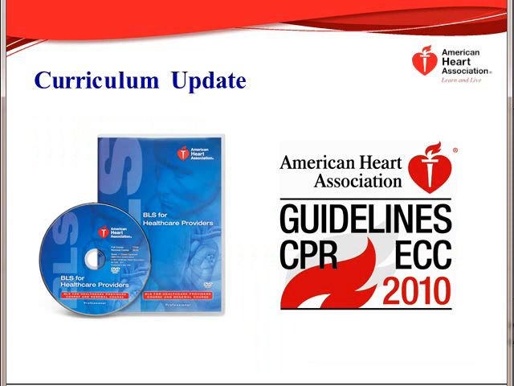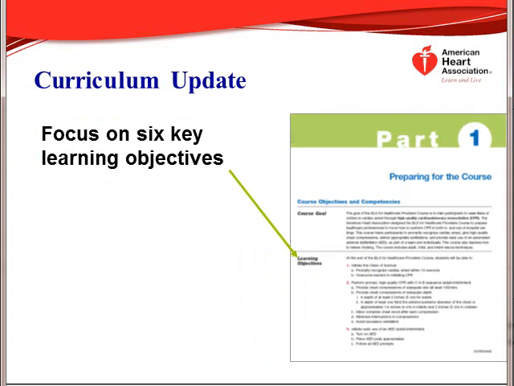Looking closer at the course, you'll see a focus on learning objectives. To successfully complete the BLS for Healthcare Providers course, students must understand the 6 key learning objectives, which are outlined on page 1 of the student manual and pages 1 and 2 of your instructor manual. You will see that the learning objectives apply the 2010 guidelines, including the CAB sequence, along with essential details such as compression rate and depths and compression to ventilation ratios needed